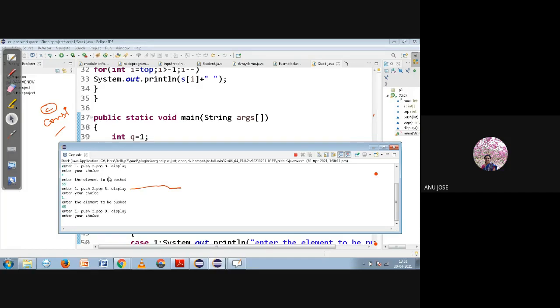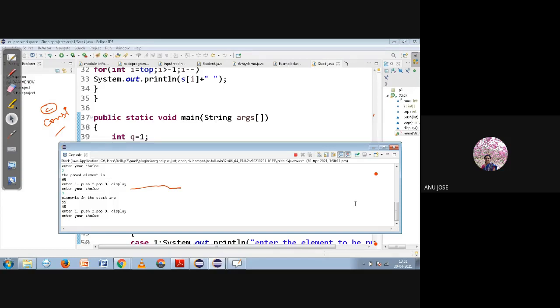Before popping an item, I am displaying the current status. It shows 45, 55, 65 as the entries. After that I am planning to pop one element from the stack. The top element, that is 65, is taken out of the stack. Again I want to see the current status of the stack. You can see 45 and 55 are the leftover items in the stack. So that's all about the program.